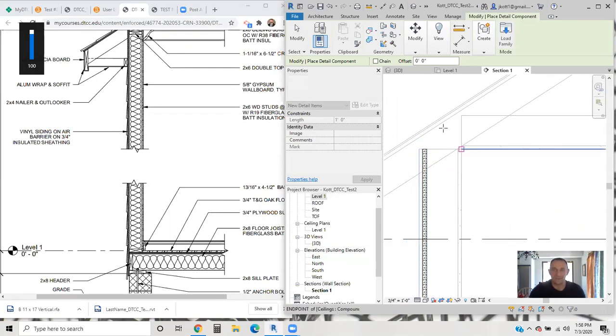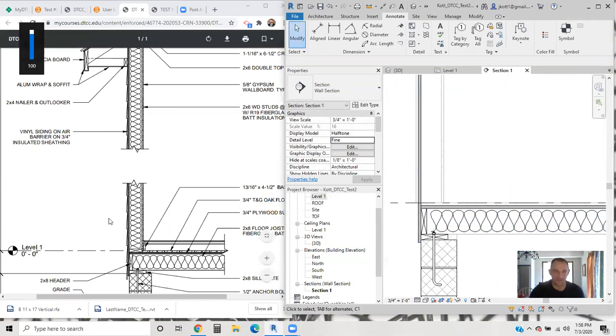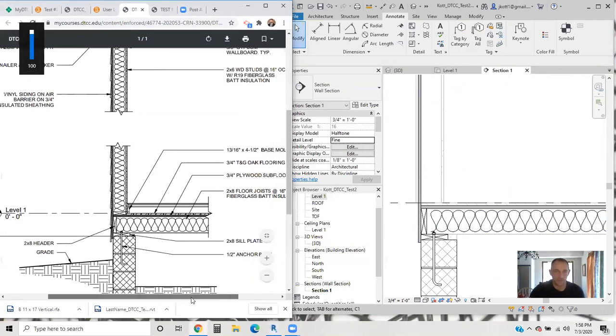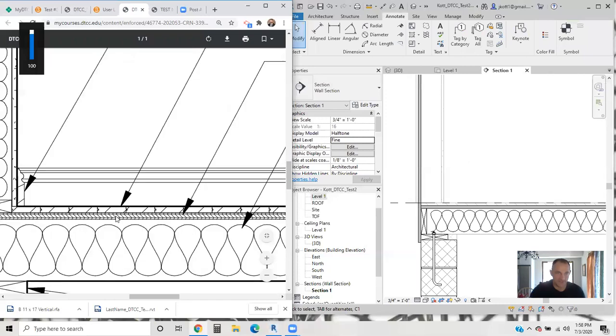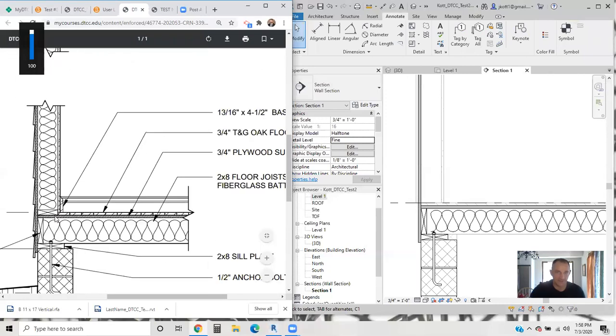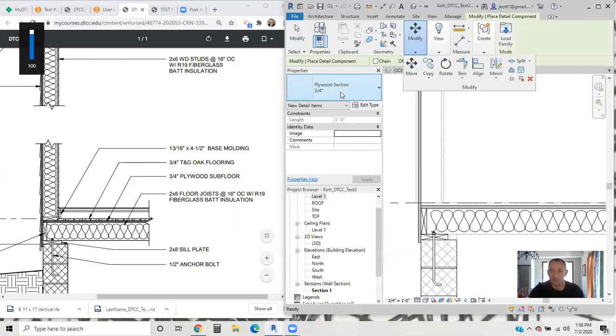Okay, so to the top of the wall now, the wall is done, the floor is done, and this assembly is kind of coming to life here. The next step will be the 3/4 inch tongue and groove oak flooring. Now I kind of need to zoom in on this and see exactly what that looks like. It looks like that's a family component. So we'll come back in here, load family,